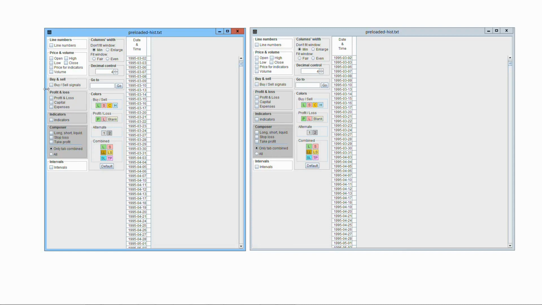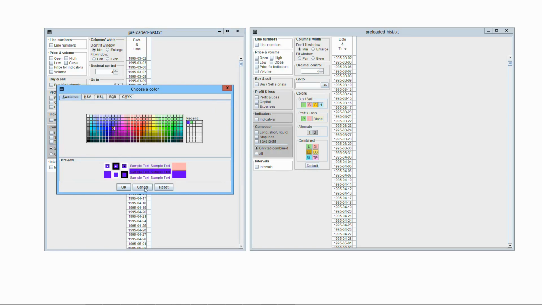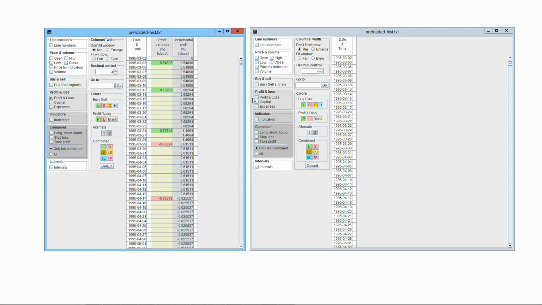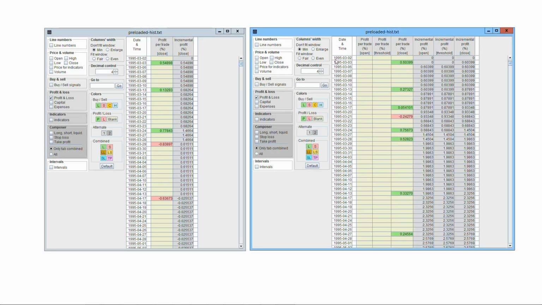The Profit and Loss pane shows profit and loss. The colors of the background are determined by the corresponding choice in the Color section. You can select the colors for profit, positive gain, loss, negative gain, and for blank cells. The Profit and Loss checkbox shows the profit and loss as a percentage. If you're trading only at close or open, two columns are shown, one with the profit per trade and the other with the incremental profit. If you're trading intradaily, again two columns are shown, but the pair of columns is shown for open, threshold and